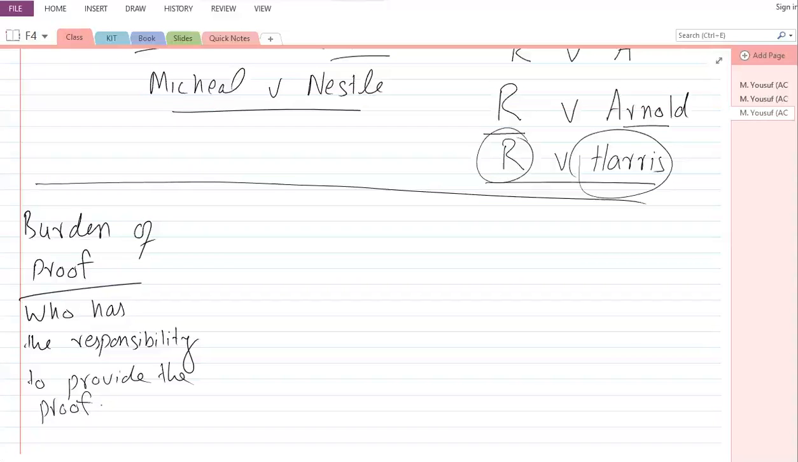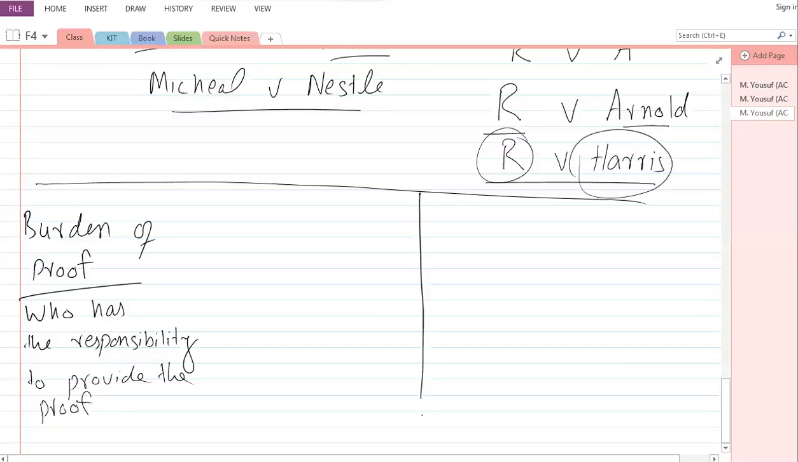The defendant is defending the claims by the claimant. So in the eyes of the court, the defendant is innocent unless he is proved guilty. The responsibility of proving the wrongdoing of a person rests with the claimant. So in civil law, the burden of proof is on the claimant